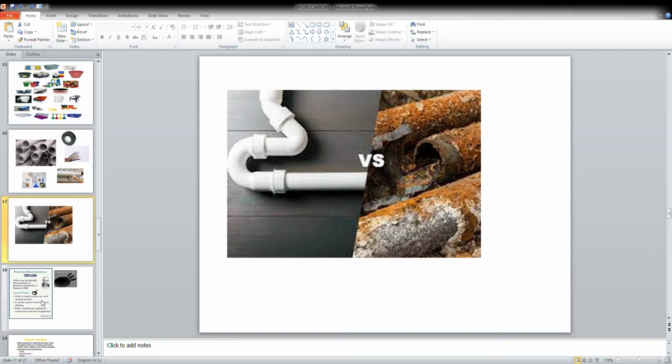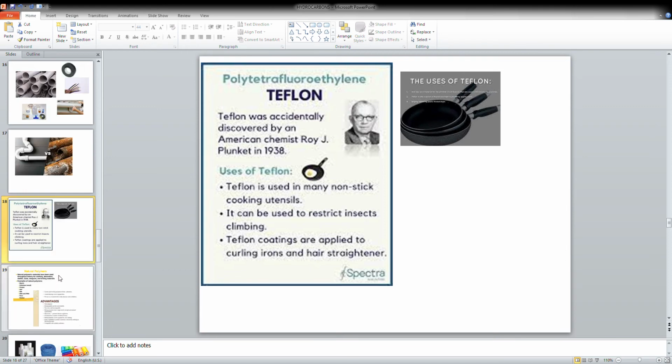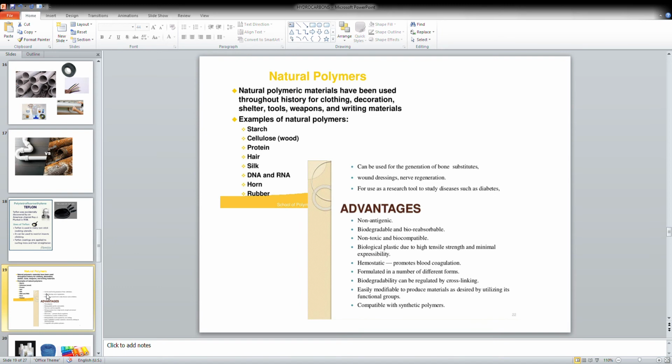And the next thing here, that's another extra point for you about the Teflon. The Teflon substance is also a very important one. When you get these non-stick matters, we use them as cooking utensils. We have so many items there. That was also founded by the founder Plunkett in 1938. That's the founder of the Teflon. Teflon is also a polymer, right?